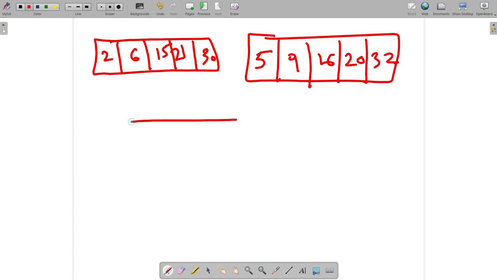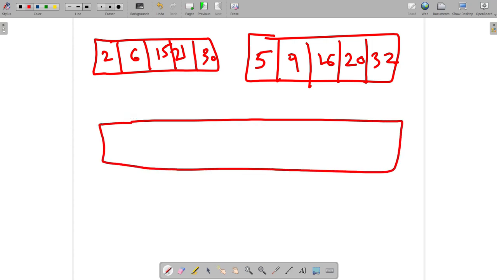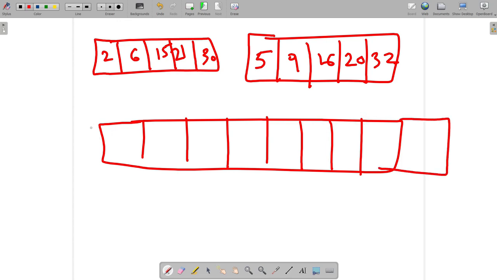So now we are going to combine them in the third array, that is array C. Both are of size 5, so C should be of size 10. So now what we will do, we will compare 2 with 5. 2 is less than 5, we will copy 2 here.